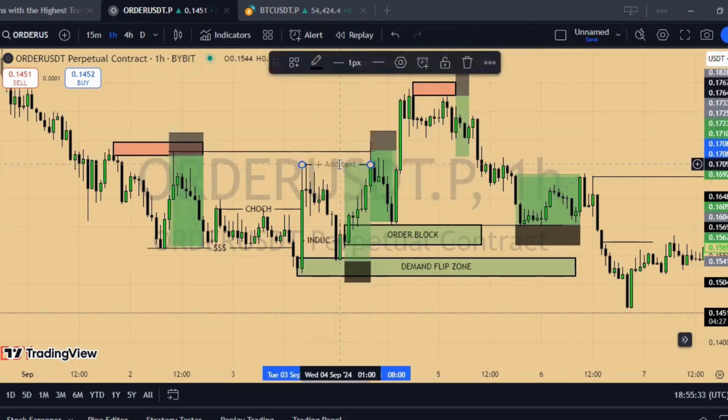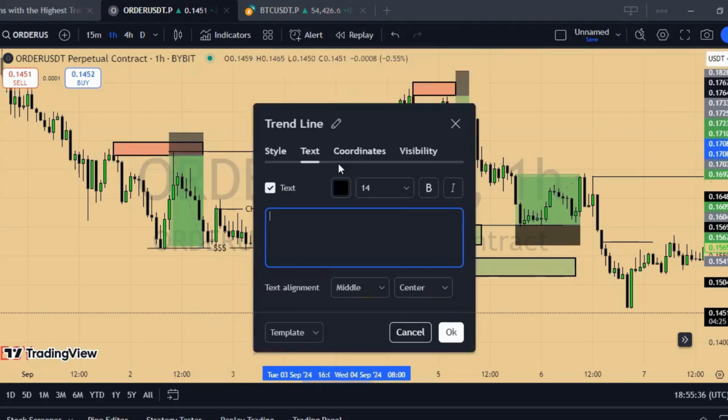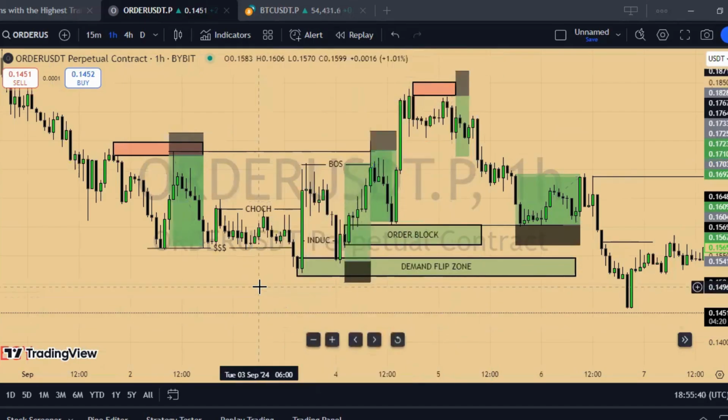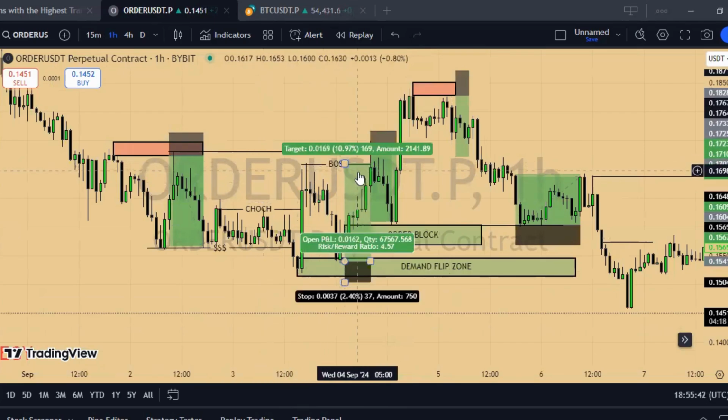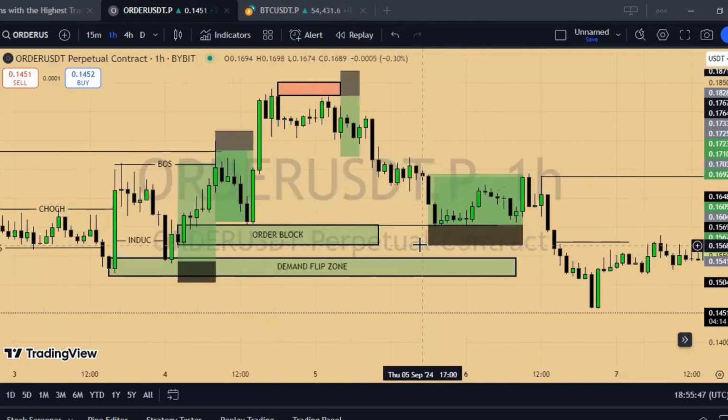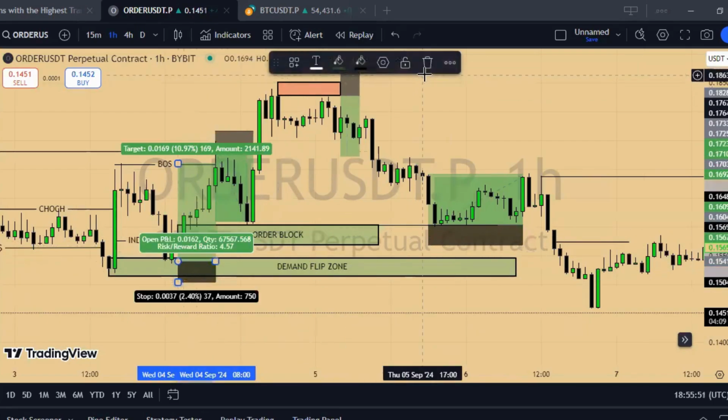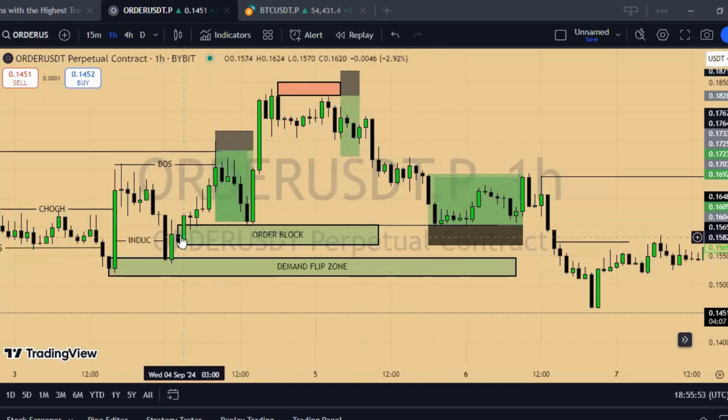You can see the BOS, the break of structure. That's the break of structure right here. What the price did, price came down. There is an already existing order block that price left. The order block, let me take this out. Now the order block,